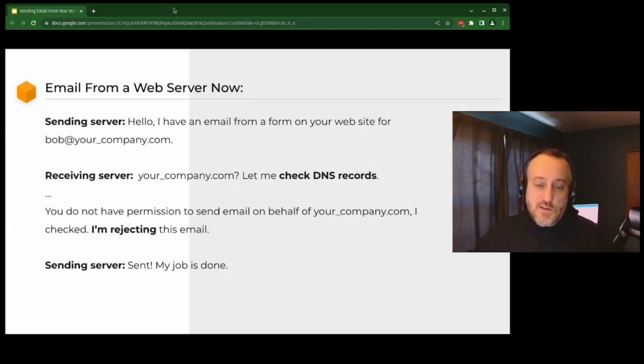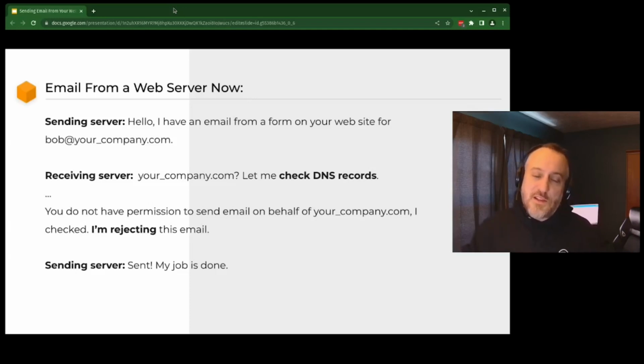So it's rejected. And the sending server says, sent, my job is done, because yes, the email was sent, it was just either rejected or sent to spam or something like that. But when you fill out that form on the website, you just don't know the difference. It looks like it's sent, and yeah, the email is sent. It's just not being delivered, or it's being sent into a box that no one checks.